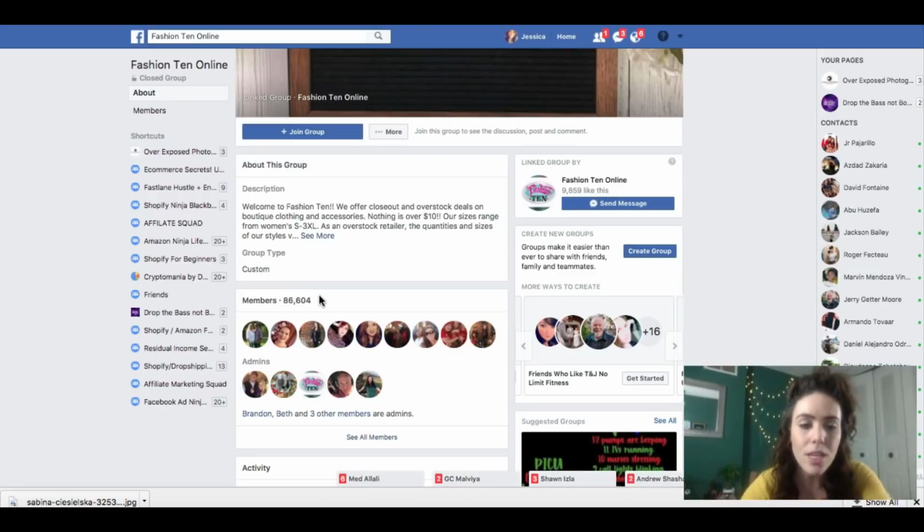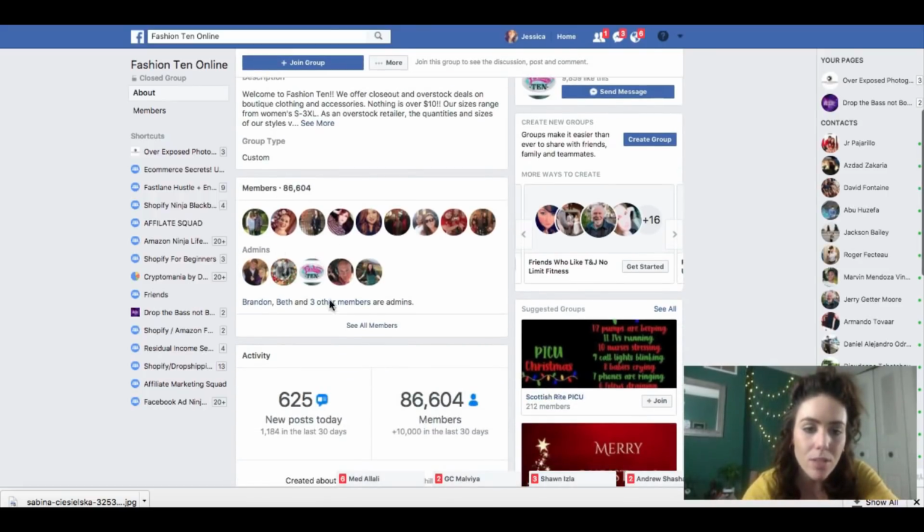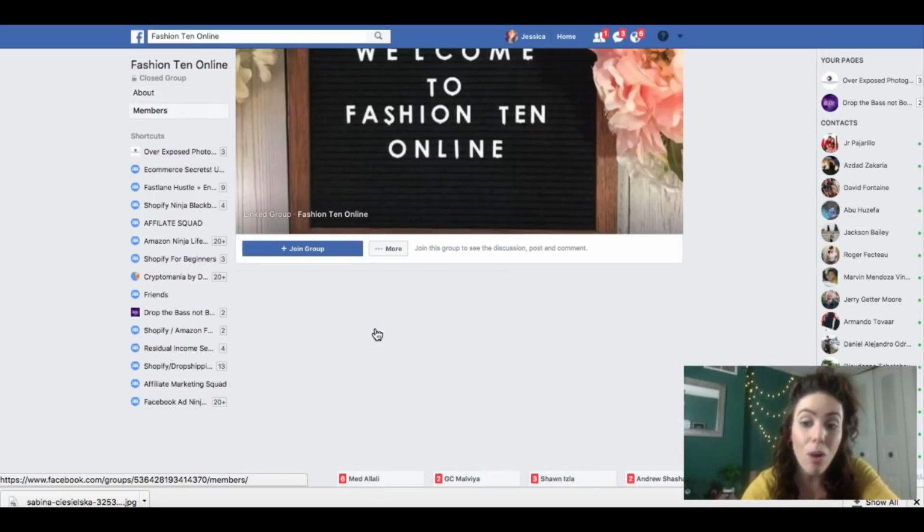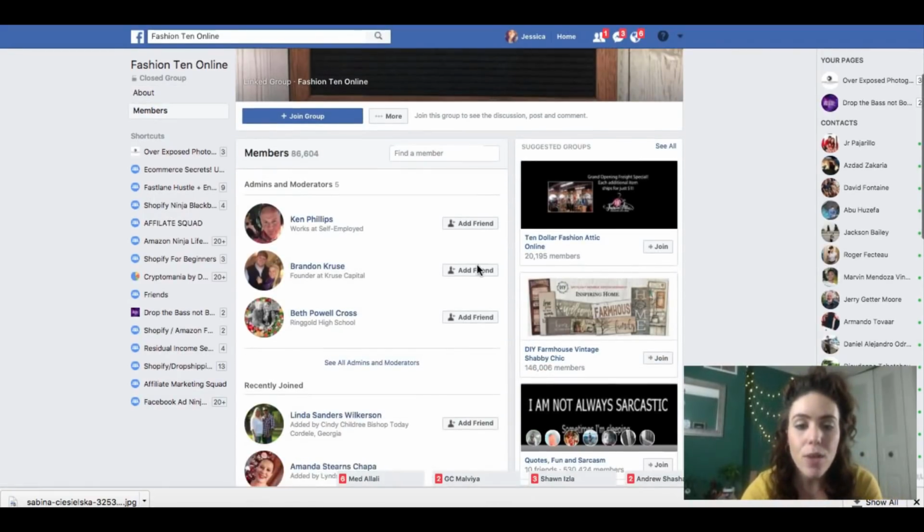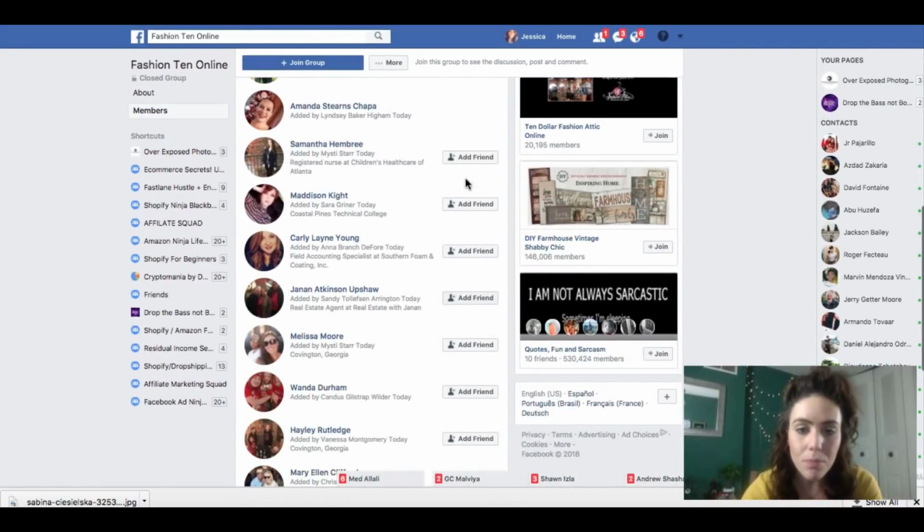But to get some members in it at the beginning, all we do is we just come down to members and we go to see all members. And then we just begin to add all of the people that are in this group, because we can assume that if they are in this specific group that is in the fashion niche, that they would also like to be in our group that is also in the fashion niche,